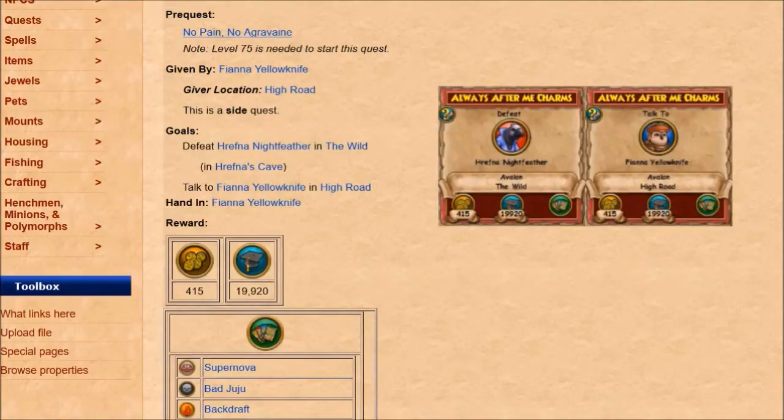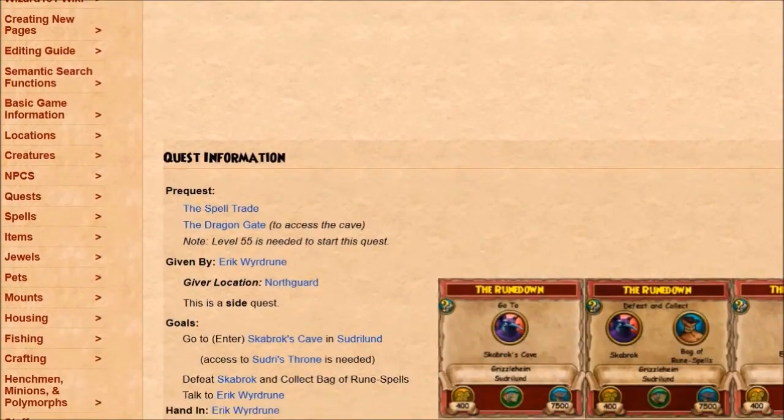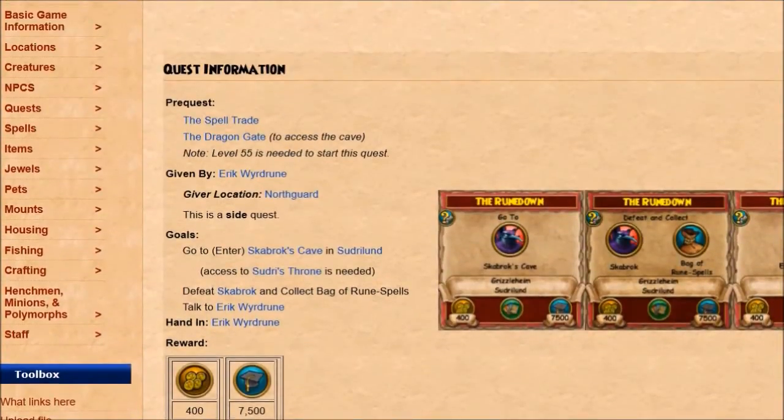You click that and it shows you, okay, so there's another NPC that you need to talk to and the location is there. And what if this NPC doesn't have the quest either? Then maybe you didn't do this pre-quest. So the wiki is a really good way for you to just track down what spells you might have missed. And so this quest giver is located in Northgard and it's a side quest, so that might be why you